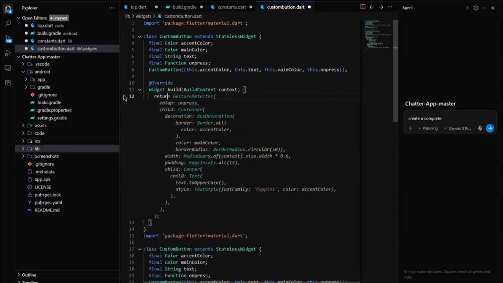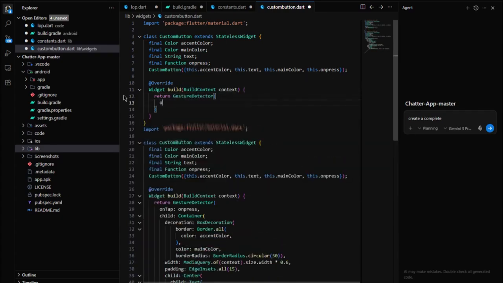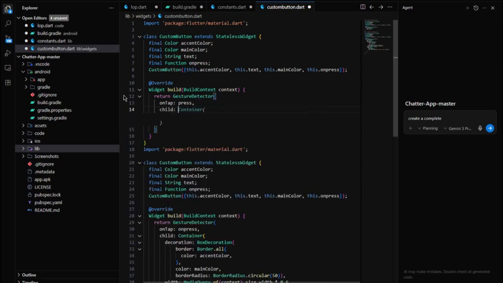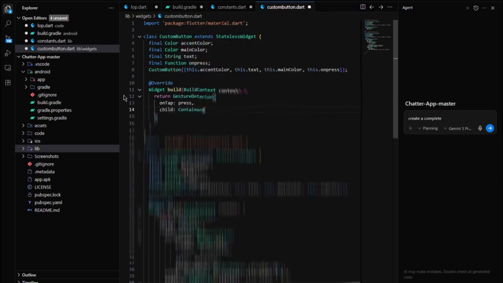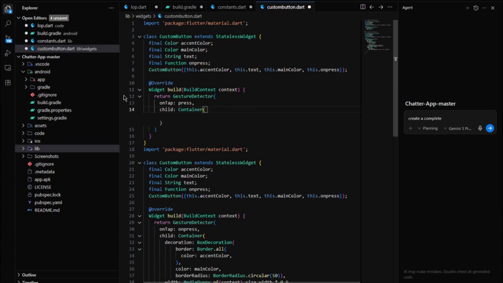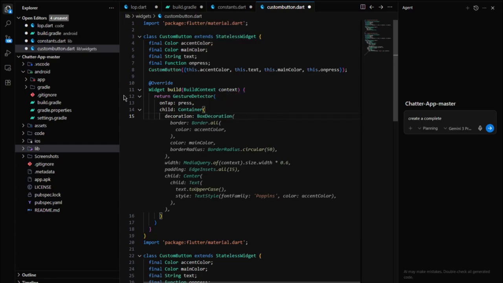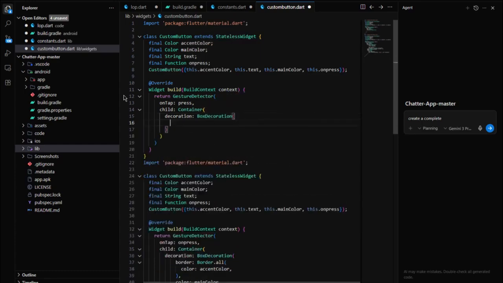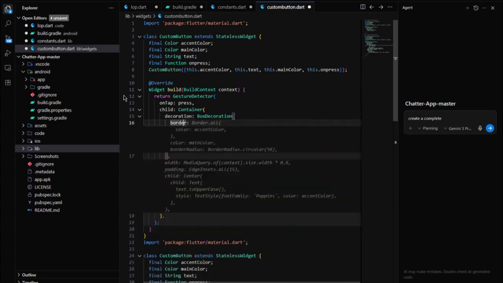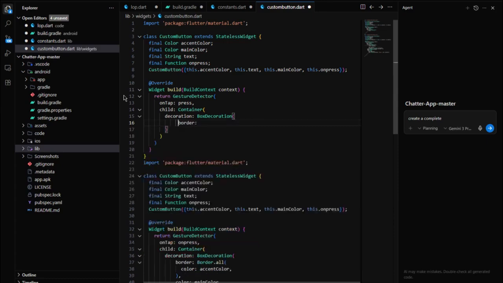Define return gesture detector, rounded brackets, press enter, on tap should press, child should be container and decoration should be box decoration and then border should be border. I'm giving like border all